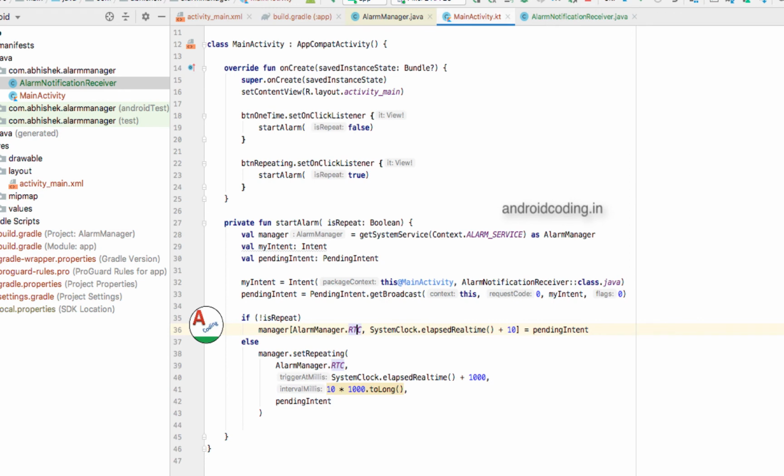And this is it for this tutorial. If you are having any doubts and queries, the code for the tutorial is available in the description section below, and I have written this in Kotlin. If you are facing any problem and want the code in Java, you can comment in the comment section below. I will provide the code for Java also.